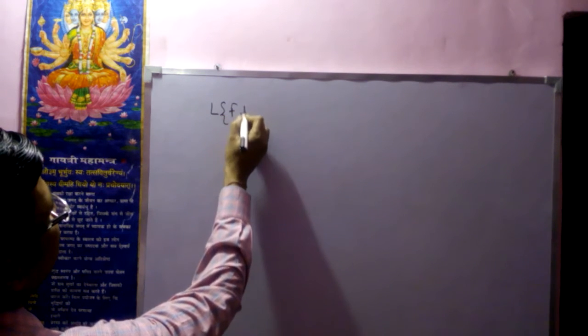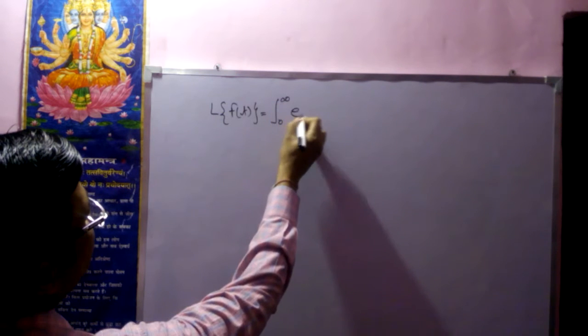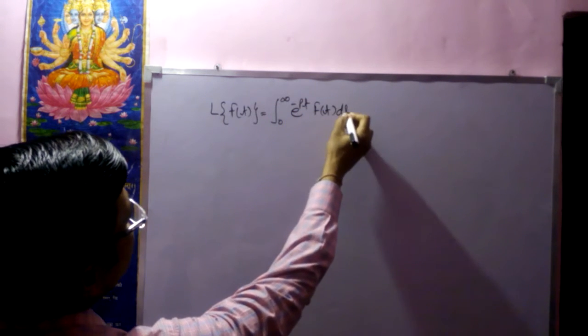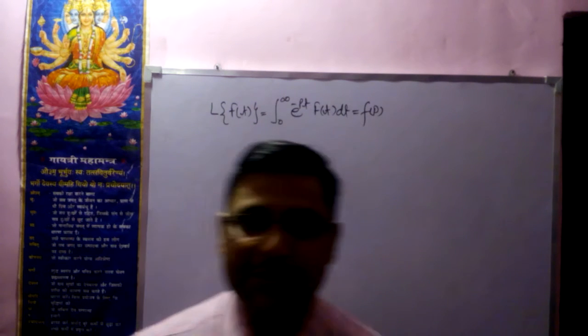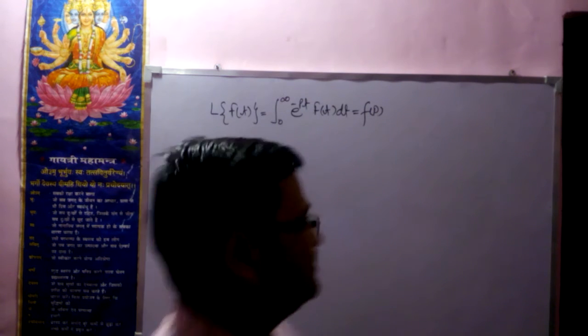Today I am going to describe the Laplace transform. Generally, the Laplace transform is used in signal systems, and it converts the time domain to the frequency domain. Let the Laplace of f(t) be equal to the integral from 0 to infinity of e to the power minus pt f(t) dt, which is equal to F(p), where t is the independent variable, which is always greater than or equal to 0,